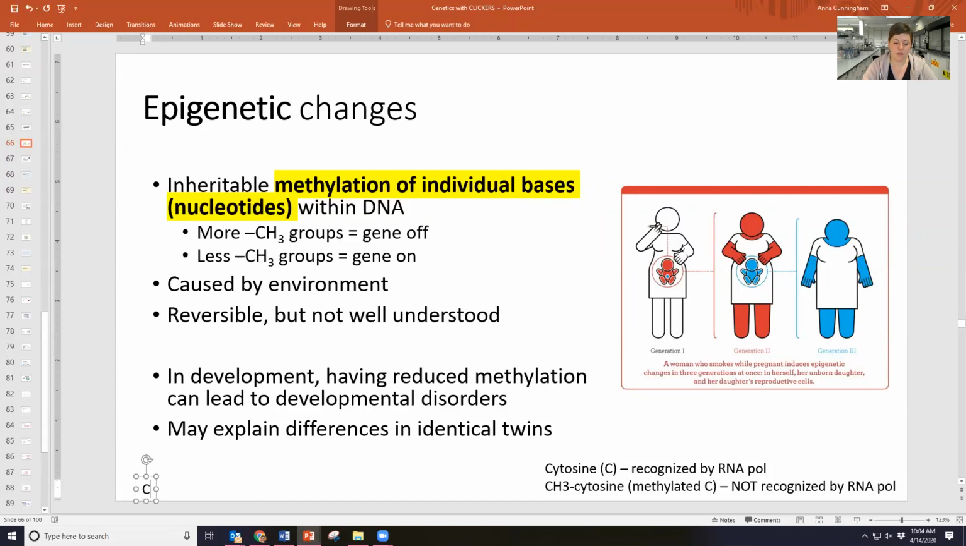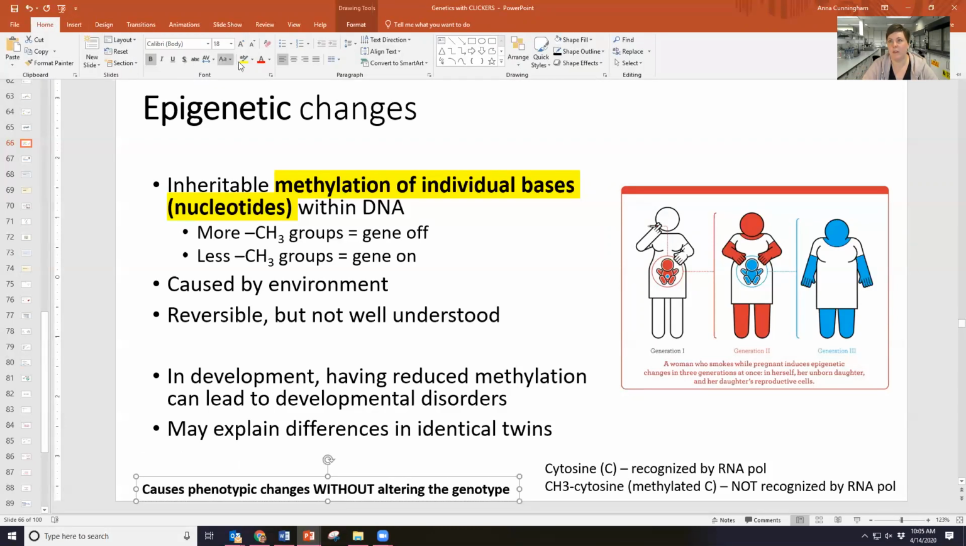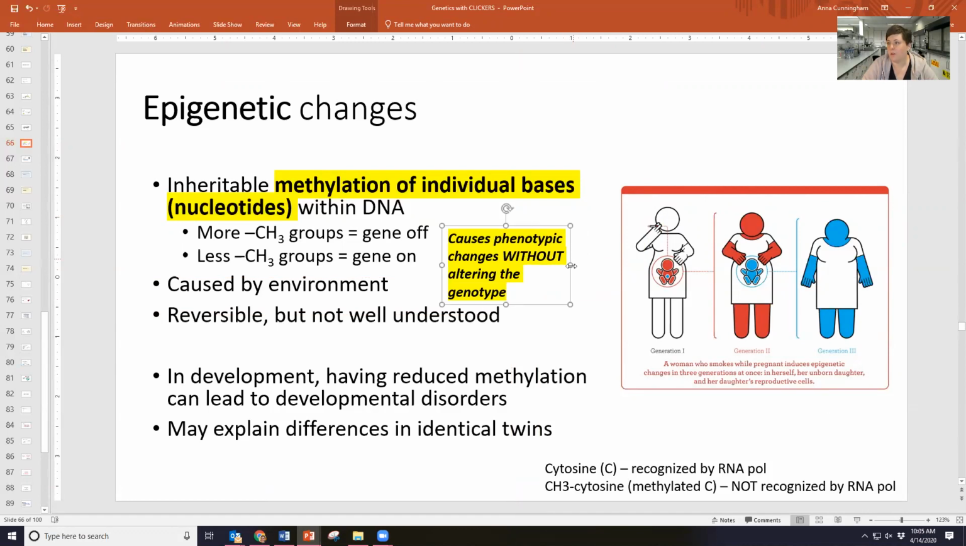basically, it regulates, it causes phenotypic changes without altering the genotype. This is the biggest thing, the reason we talk about epigenetics is because historically we know, or the kind of